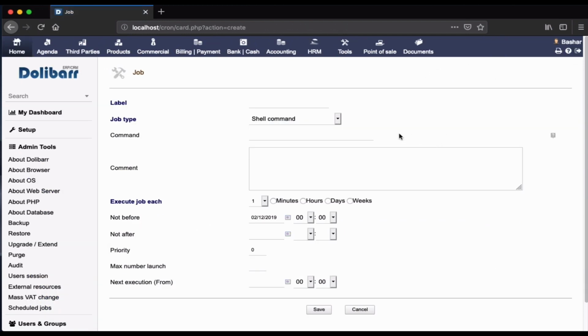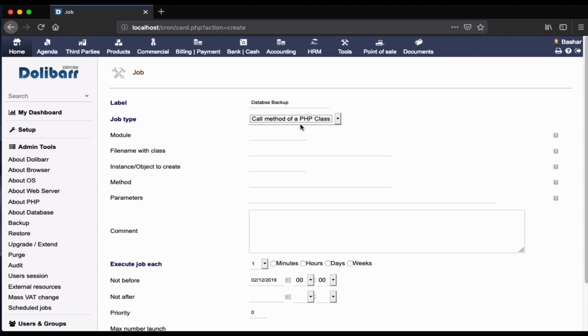As you can see here on this page, we will ask Dolibarr to create an automated job that will result in backing up our database locally. We will enter the label, like database backup. And here in the job type it's a PHP class. In the module it's cron. Okay, the file name with the class,